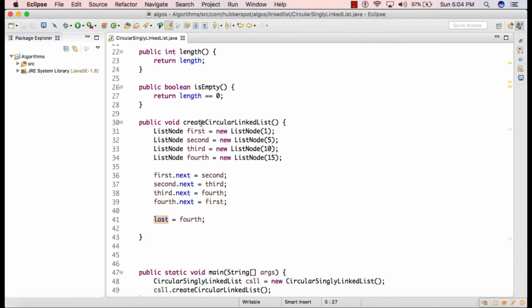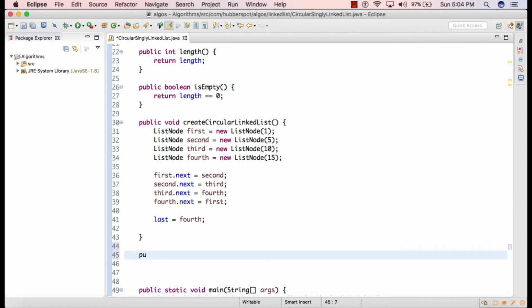We also saw how we can create a circular singly linked list and we added these 4 nodes 1, 5, 10 and 15 and we made this linked list circular by assigning this fourth node again to the first. So friends, in this tutorial we will write the code to traverse and print the elements of a circular singly linked list.